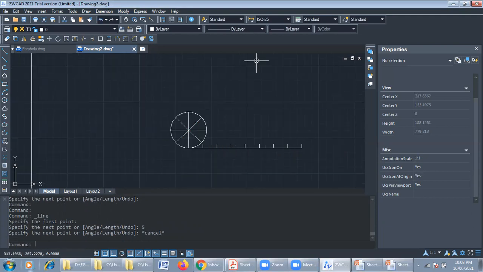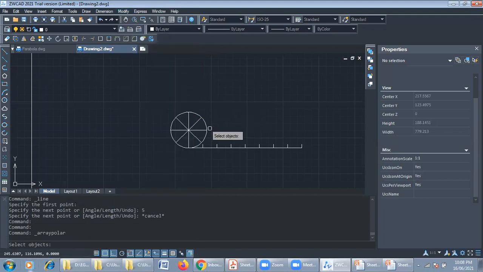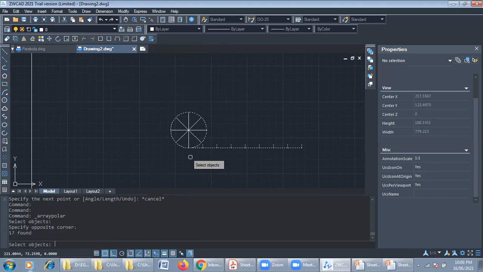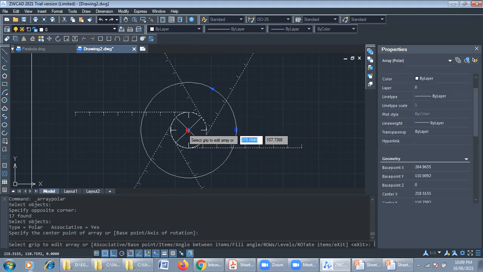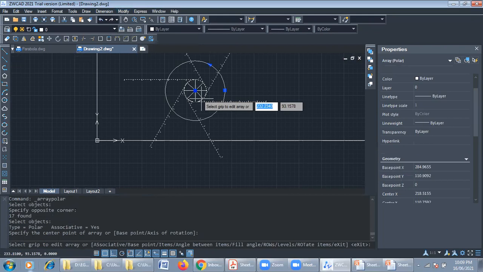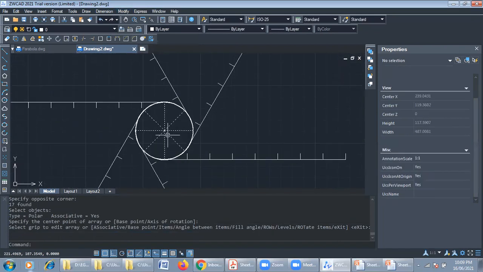Now I have to rotate this along the axis, as we are learning the manual practice, the tangent drawing. So go to the modify, again array, polar array, then select the object. This is my object, as you know, the perimeter. Then you can enter, then edge is the select the same. So this is what we have drawn after the array. You can double click on that, you can get the same.